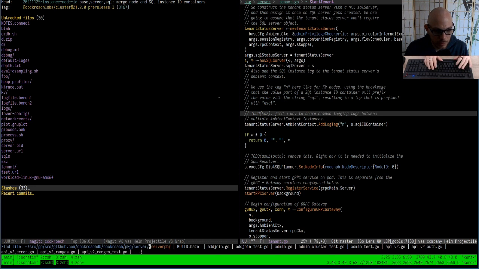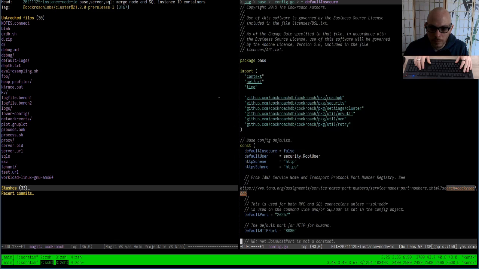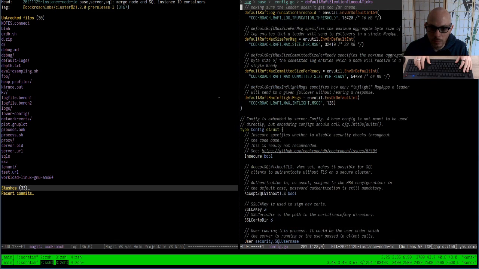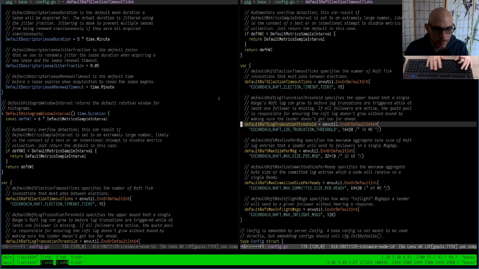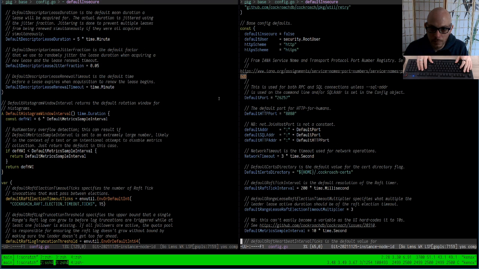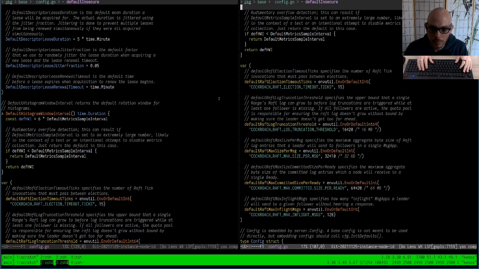So I heard from our Radus that we wanted to have the instance ID inside